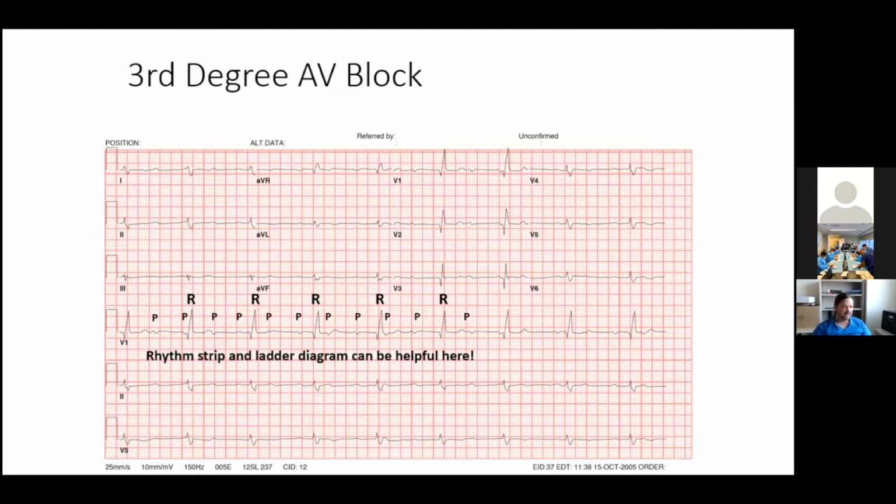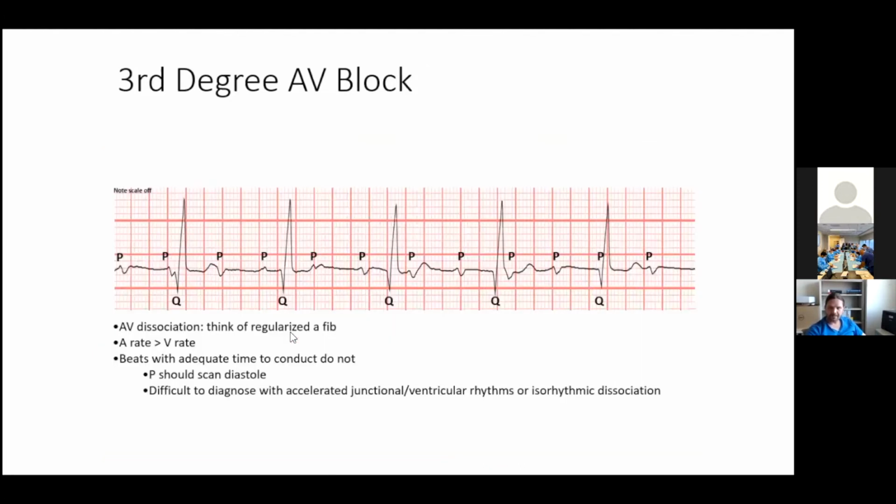Third-degree heart block, sometimes it's very, very helpful to label out what you see happening with the atrium and the ventricles to identify them. Here we see a rhythm consistent with sinus rhythm going approximately 100 beats a minute. And then we have either a junctional or ventricular escape, it's slightly wide, that's going at 50 beats per minute.